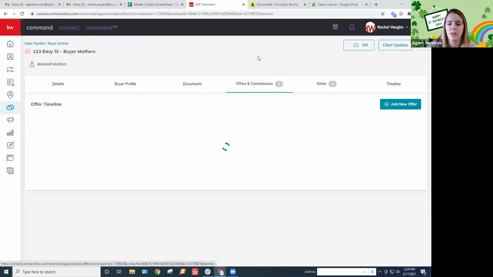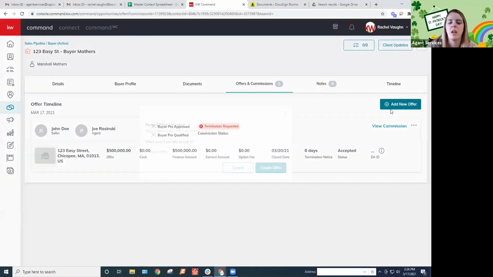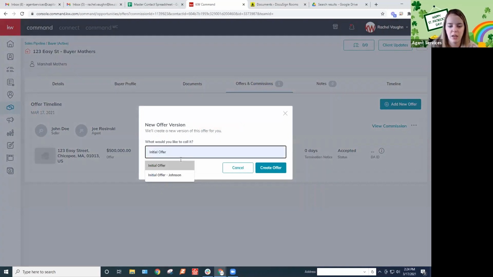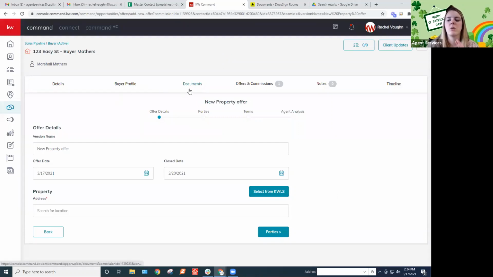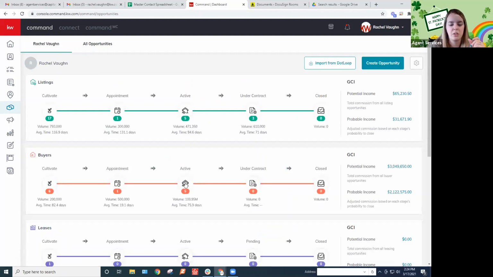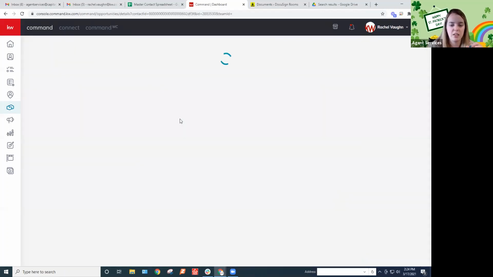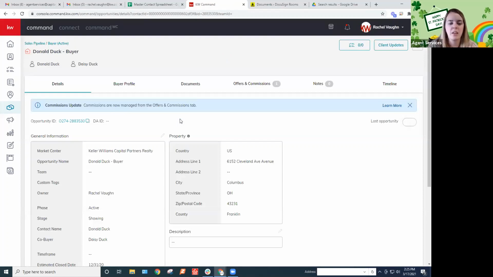You can go back into opportunities and commissions, put in your second offer or whatever offer on a new property, and start all over again. Before you couldn't do this, now you can. So just still be sure you're going in there and updating the necessary information, but adding those new versions of the documents and